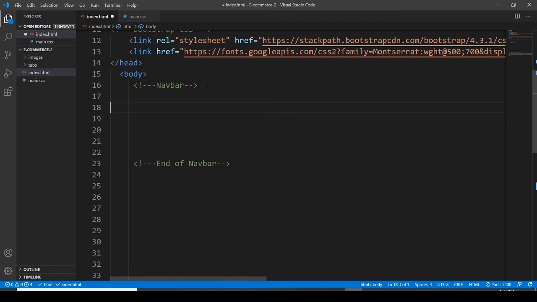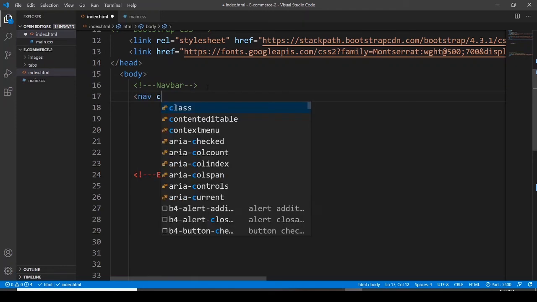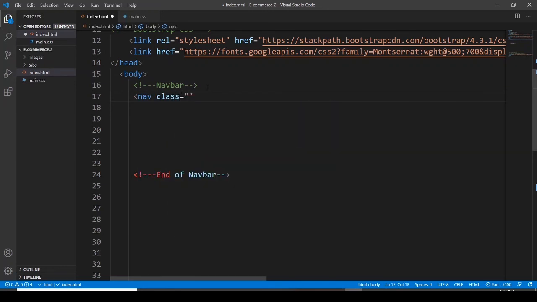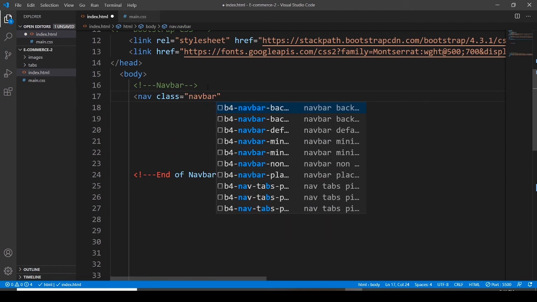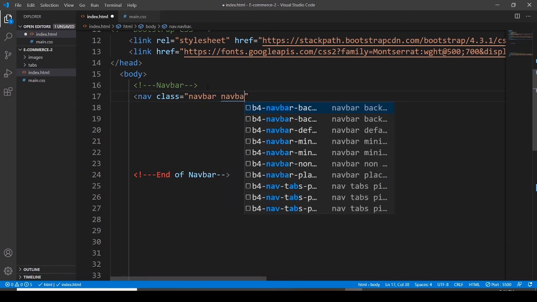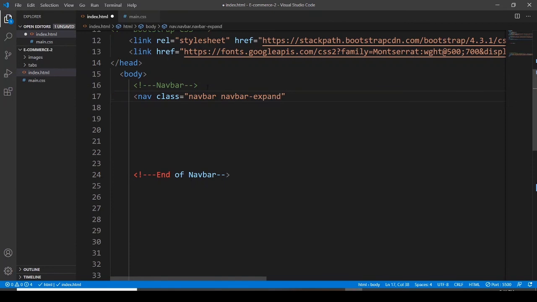And now here, nav element, assigning it a class navbar expand large,